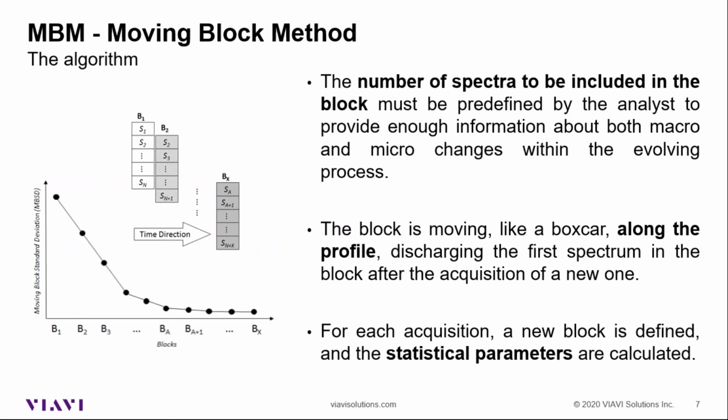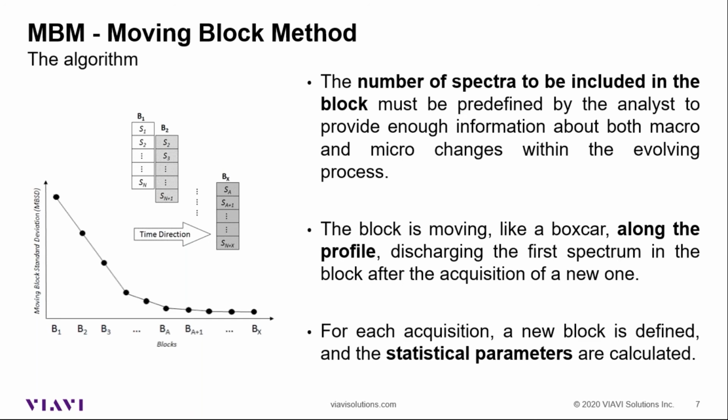Entering a little bit more into the algorithm, we have to choose the dimension of a block for the moving block method, so we need to define this block. And what is this block? It is the number of spectra that I want to consider as a unique block, a unique boxcar. So this number is something that you have to decide